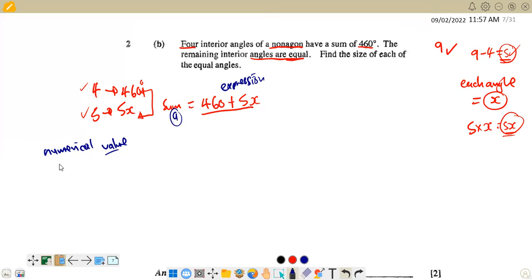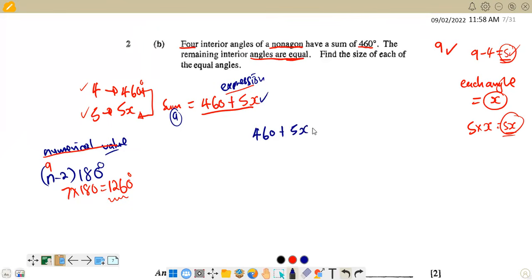We know that the sum of the interior angles of any polygon is given by n minus 2 times 180 degrees. The number of sides is 9, so it's 9 minus 2 times 180, which is 7 times 180 degrees. This gives us 1,260 degrees. This is the numerical value. This is an expression, but these two are equal because they both represent the sum. So 460 plus 5x is equal to